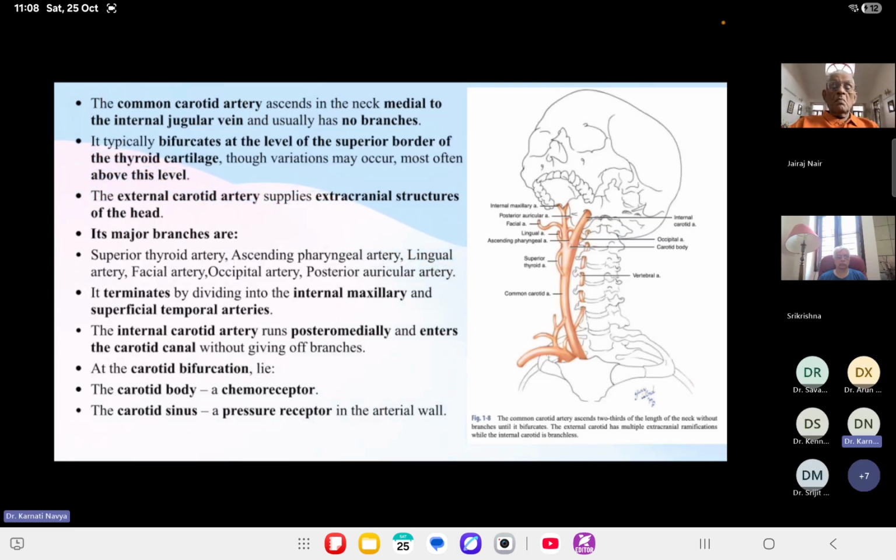Here you can see the branches: the superior thyroid artery just before the bifurcation, the ascending pharyngeal artery, lingual artery, facial artery, posterior auricular artery, and the external carotid, which is terminating as internal maxillary artery and the superficial temporal arteries. And the internal carotid artery doesn't have any branches. You can see a carotid body at the bifurcation of the